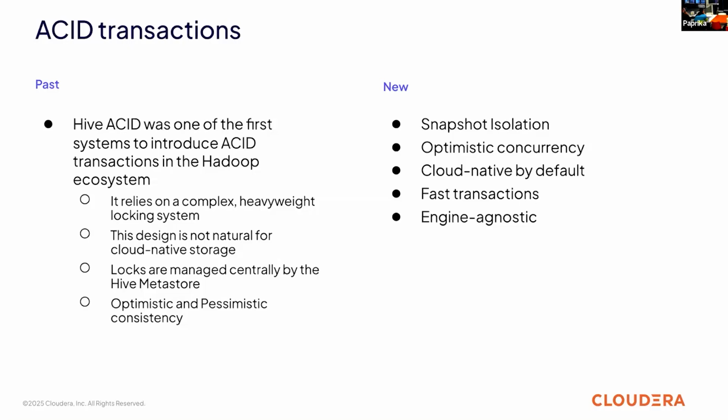10 or 15 years later, we have Iceberg, and Iceberg does it in a way more efficient and more elegant way, because this snapshot isolation is more engine agnostic. Right now, every single engine, be it Hive, Impala, Flink or Spark, whatever, has the same knowledge about the transaction. In the past, Hive knew the majority of the transaction, others not. It was very locked in.